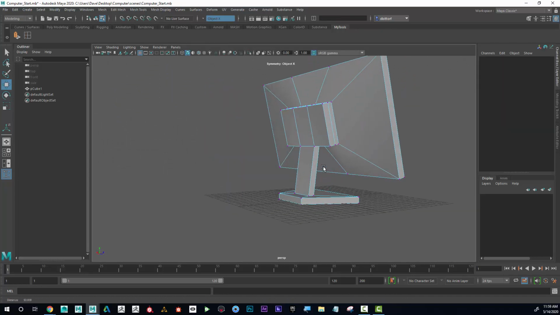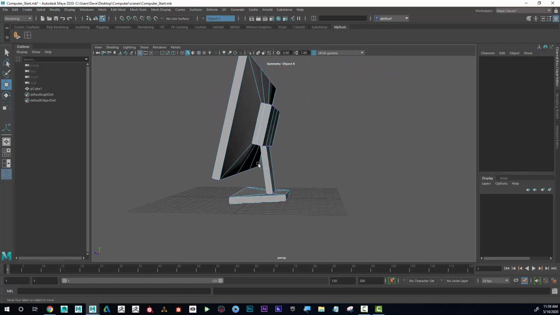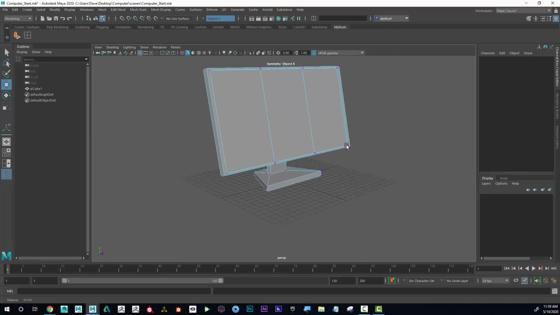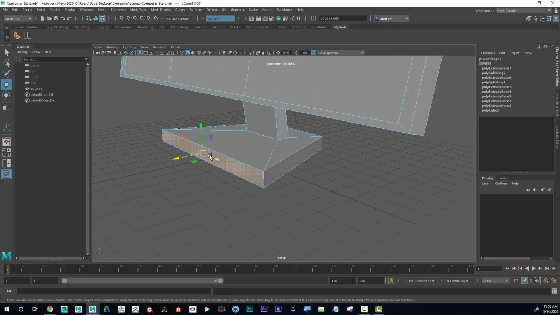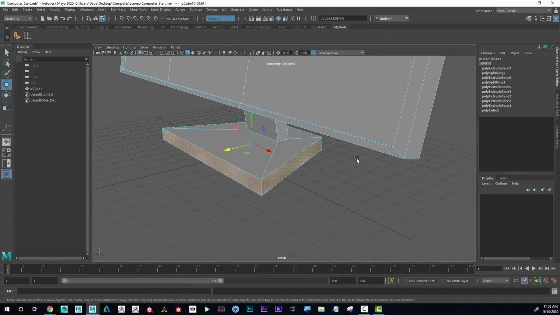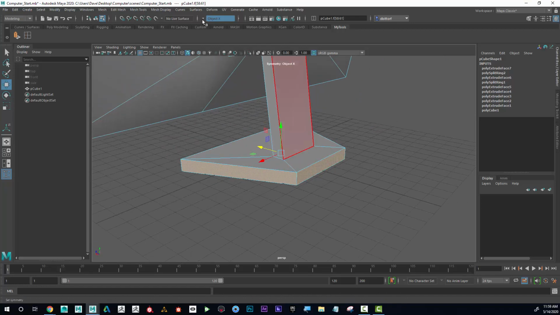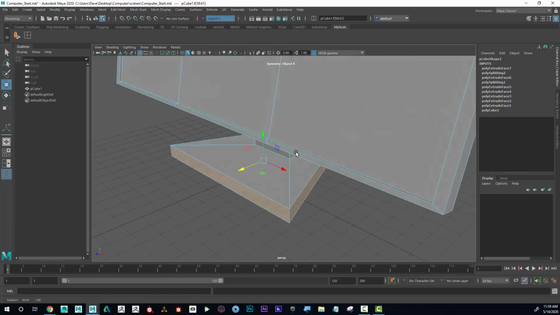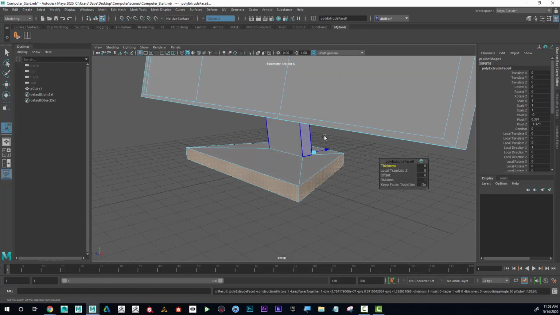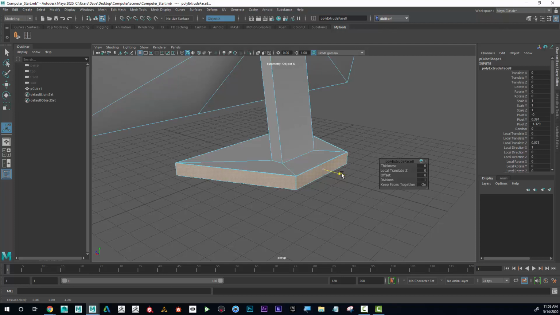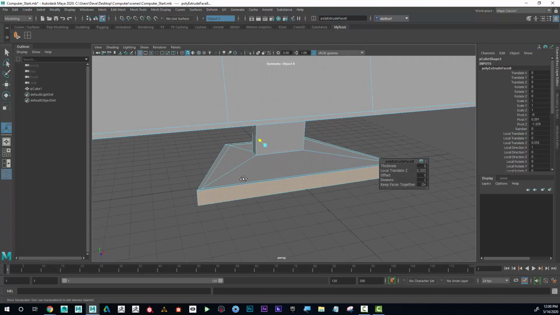Okay. I can see that the monitor is starting to make some sense now. I've got this nice base. I've got my screen here. And maybe I want to make a little bit more detail around the base here. So I'm going to select these faces around here. Notice that I do have object X. That's why I have symmetry going on. Okay. And with that row selected like that, I'm going to hit extrude. And I'm going to pull out with this blue arrow like this. And that created kind of this nice